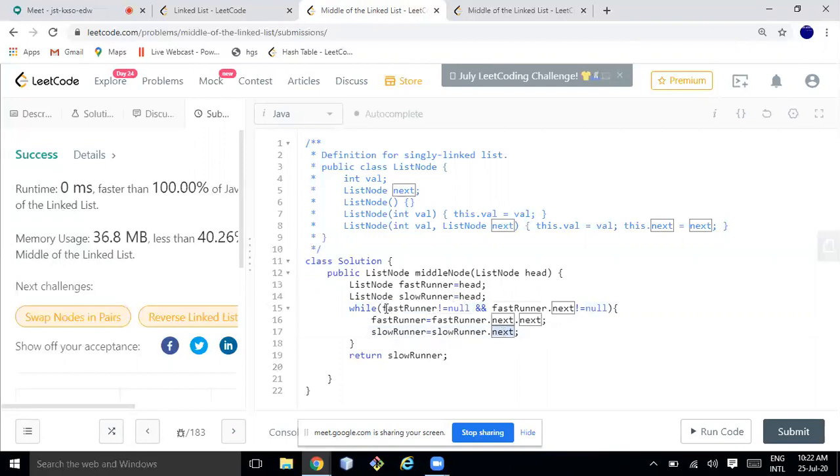One of the patterns I see is slow runner equals slow runner dot next in the while loop. Oh, I made some mistake. It's fast runner dot next dot next.